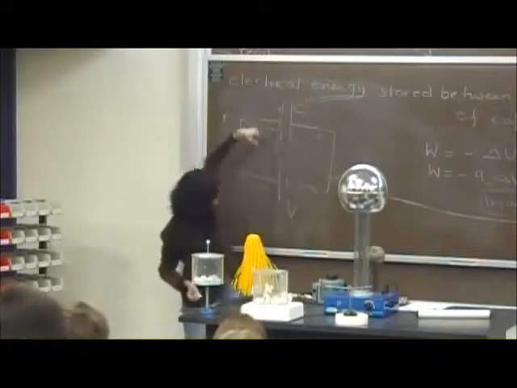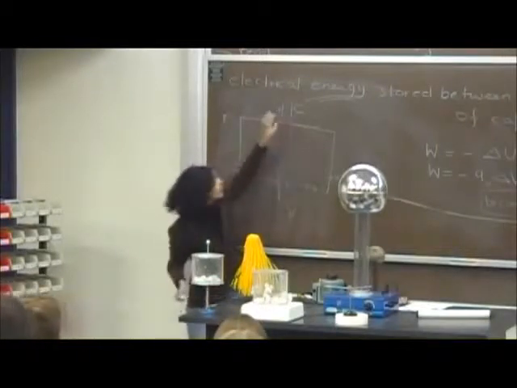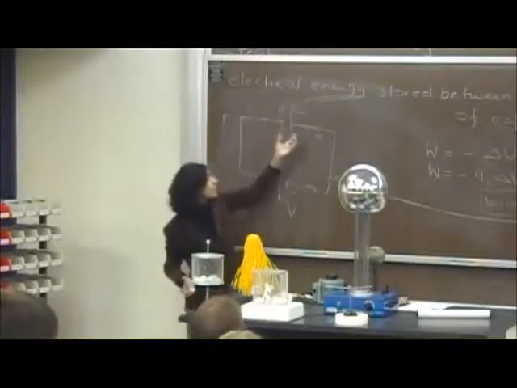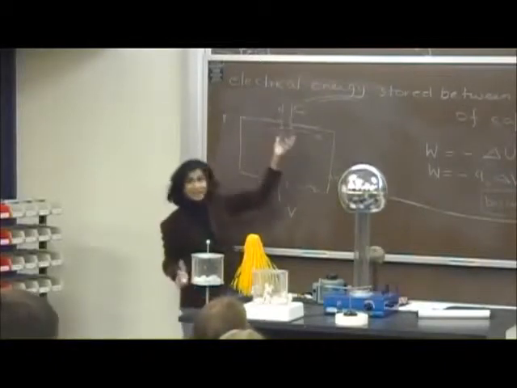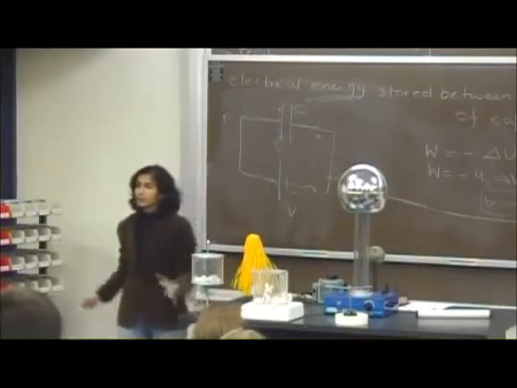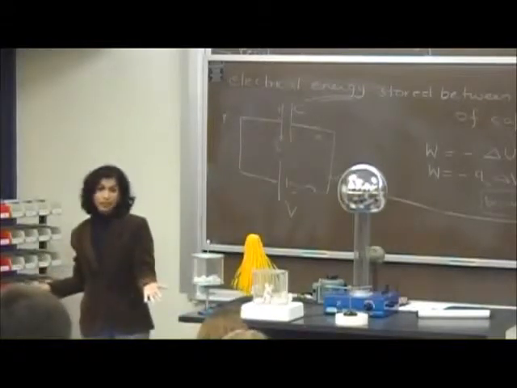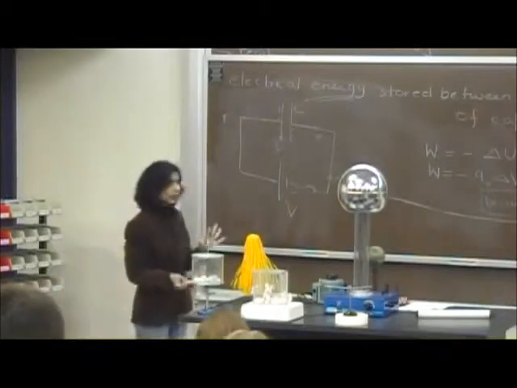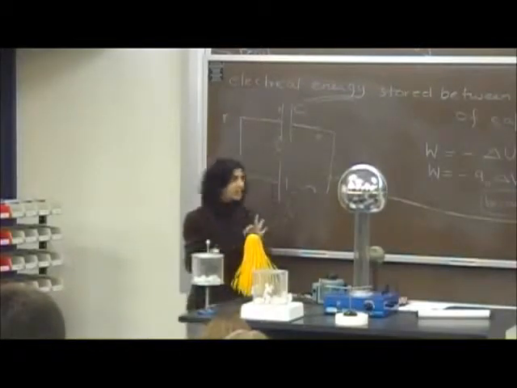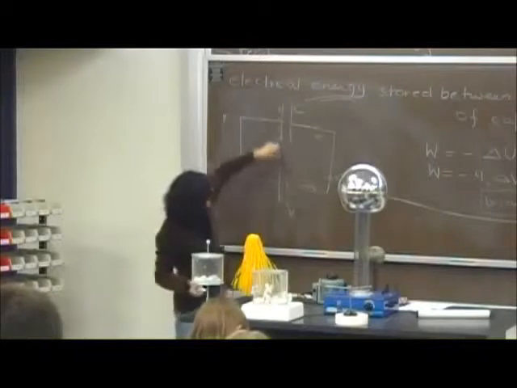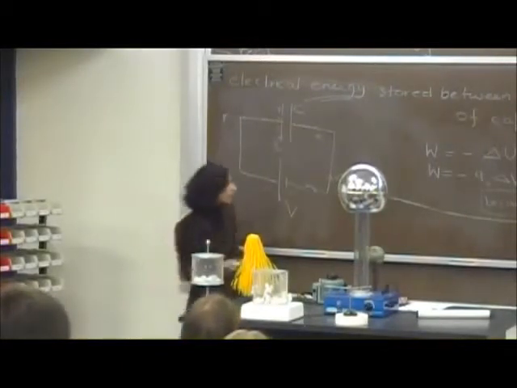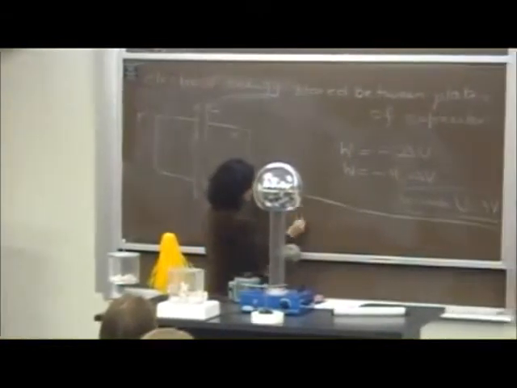So the battery does work to move the electrons from this plate to this plate, so that this becomes positively charged, this becomes negatively charged, and this work done shows up as the stored energy between the plates of the capacitor in the electric field. So let's go slowly. We'll first figure out, as soon as I close the switch and the electrons start getting dumped here, there was a small amount of work done, an infinitesimal work done